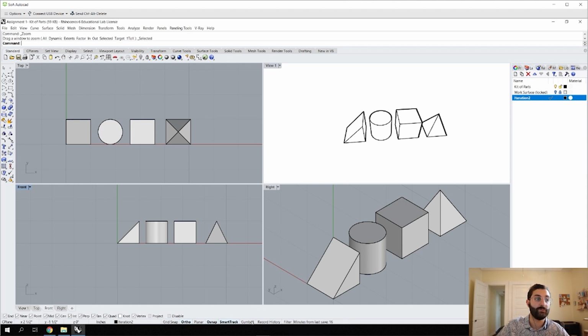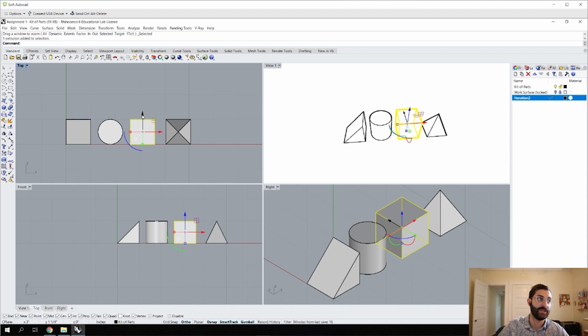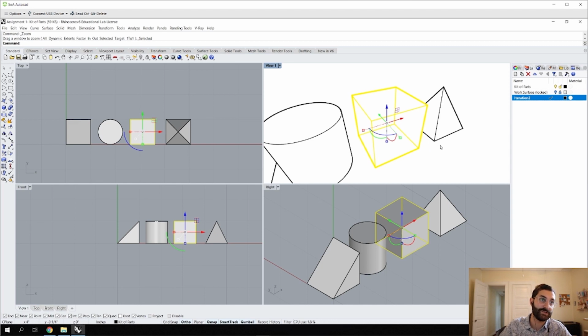Another thing that we're going to be using a lot is the Gumball. So we can click on that to select it. And so now when we click on an object, this pattern comes around it. So we can use this to do a lot of different things. So I'm going to use this mouse click button to zoom in on this view right here. As you can see, there's a lot of different things, and it might be a little bit confusing initially, but